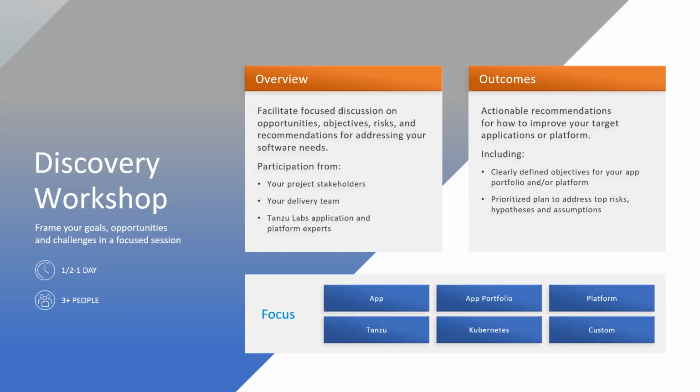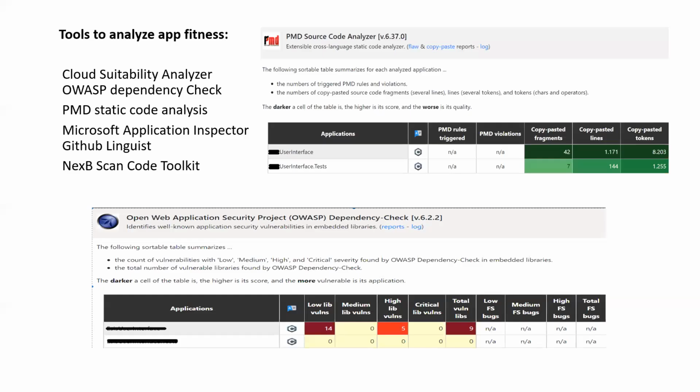And we try to understand what exactly is the function of this particular application, and what are the dependencies of this application. When we consider an ecosystem of an application running, the application may not be just running on its own. It has dependency on multiple applications, and also there are multiple applications that are dependent on this particular one. So it's important to understand these things, and we clearly define a scope for the application before we proceed to the next level. And there are some tools that we also run to understand if an application is suitable. These are all open source tools.